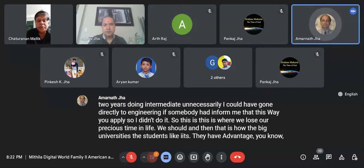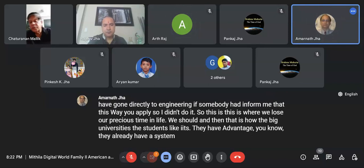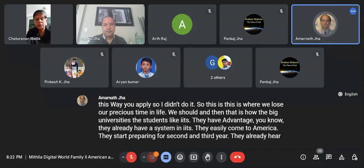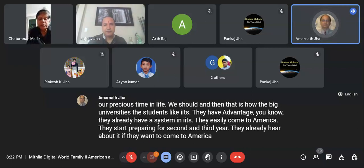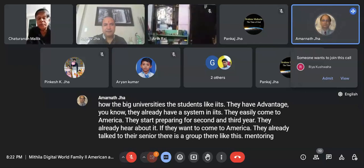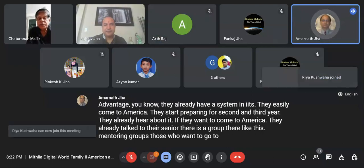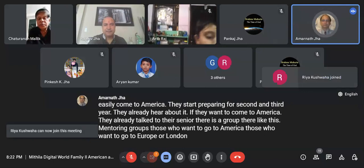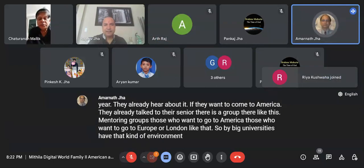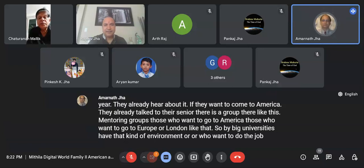They already have a system in IITs. They easily come to America. They start preparing for second and third year. They already hear about it. If they want to come to America, they already talk to their seniors. There is a group there, mentoring groups, for those who want to go to America, those who want to go to Europe or London, like that. So, big universities have that kind of environment, or for those who want to do a job. And so we should create